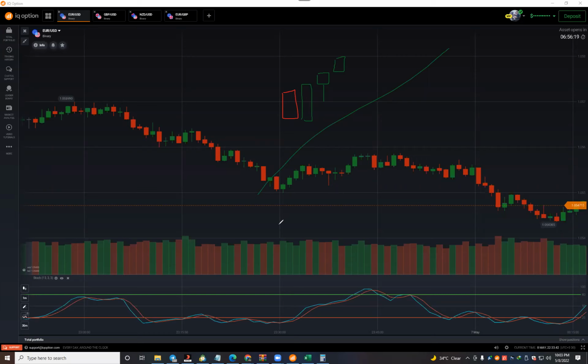So in a downtrend, don't trade the bullish pattern and its continuation sign. In an uptrend, trade. Now, in a downtrend, what do you need to do? In a downtrend, you will get the bearish pattern with a continuation sign. Only trade those patterns, right? Then you will win too much.